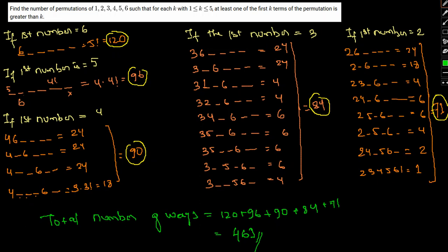It was a clear case of combination based counting, where we simply had to fix the numbers and subsequently fix the choices, in cases where all the prerequisite conditions are met. So kindly go through the video and try to understand how we have come about this, like fixing the numbers. Basically, this particular condition is kept in mind: at least one term where the permutation value is greater than k.